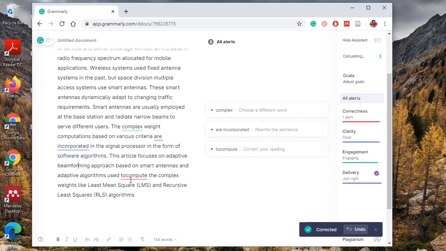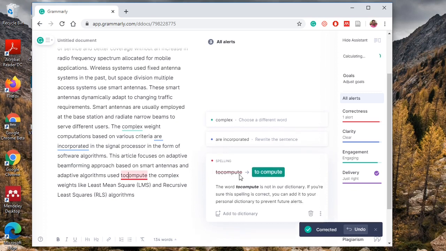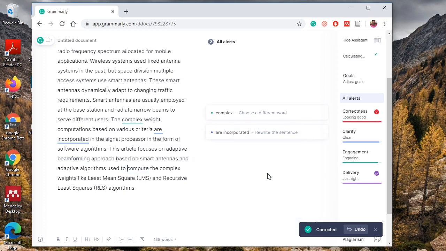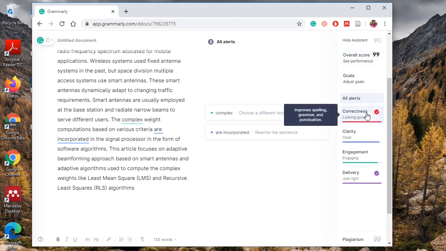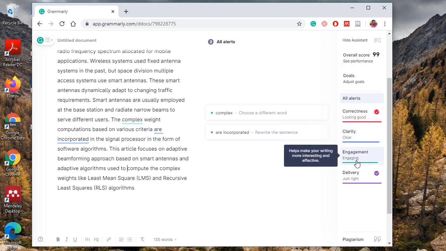"Beam forming." "To compute," a space should be there. Okay. Now when I see this one, 99% correct. This paragraph is 99% correct. Correctness looking good. Clarity, it is very clear. Engagement, engaging. Delivery, just right.